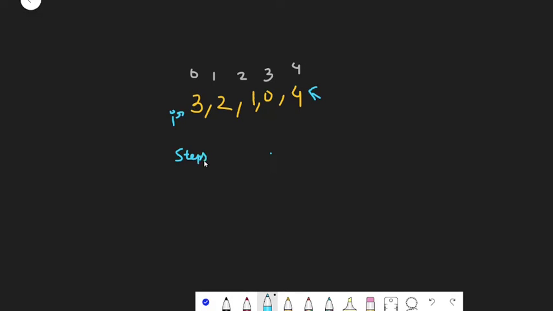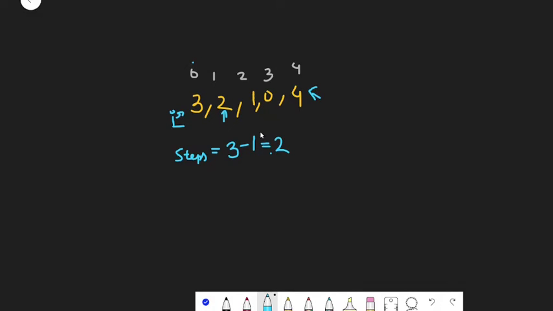Steps. Now since our I is currently pointing to element 3, our steps will also be 3. Next, we are going to increment this I to index 1. Now this I is pointing to element 2. So we have moved from 0 to 1, and hence we need to decrement it by 1, and hence our remaining steps after subtraction will be 2.